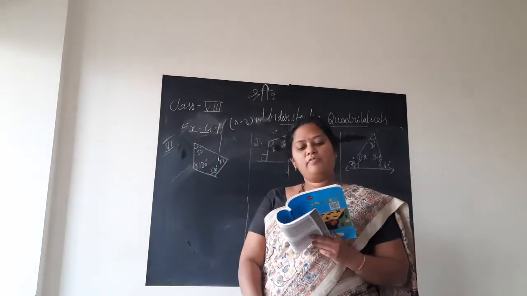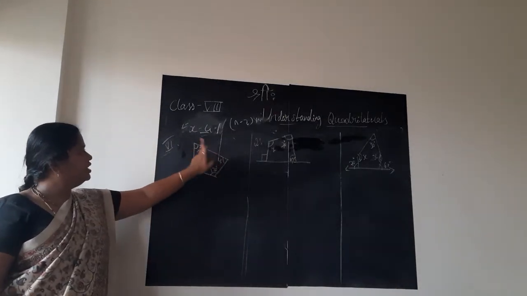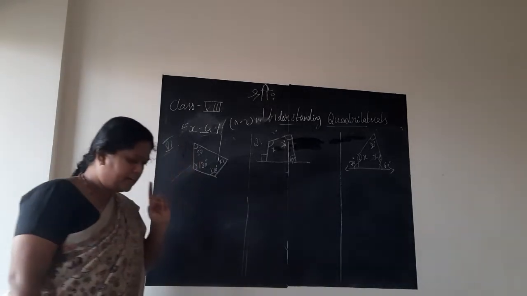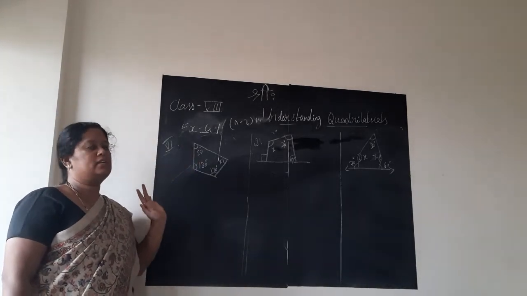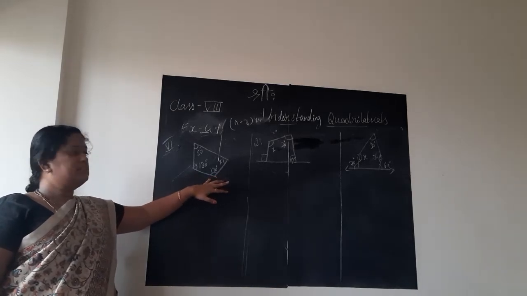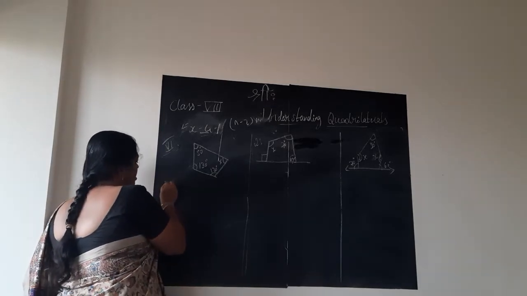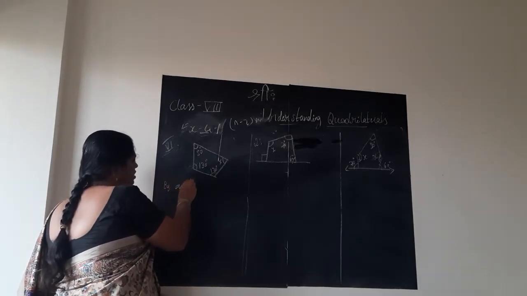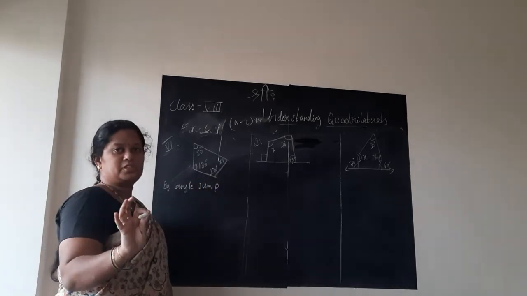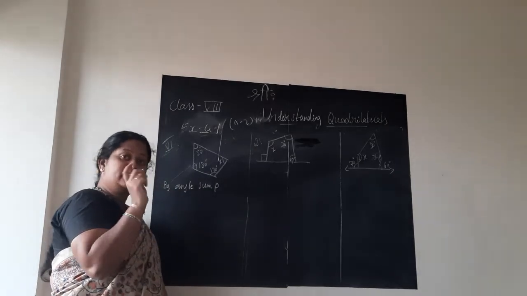So now children, first question, you have this figure. If you look at the figure, this is clearly a quadrilateral. It should immediately come to your mind that the sum of all the four angles is 360 degree. So you will write by angle sum property. In geometry, children, whatever you do or you write, you should always give reasons.